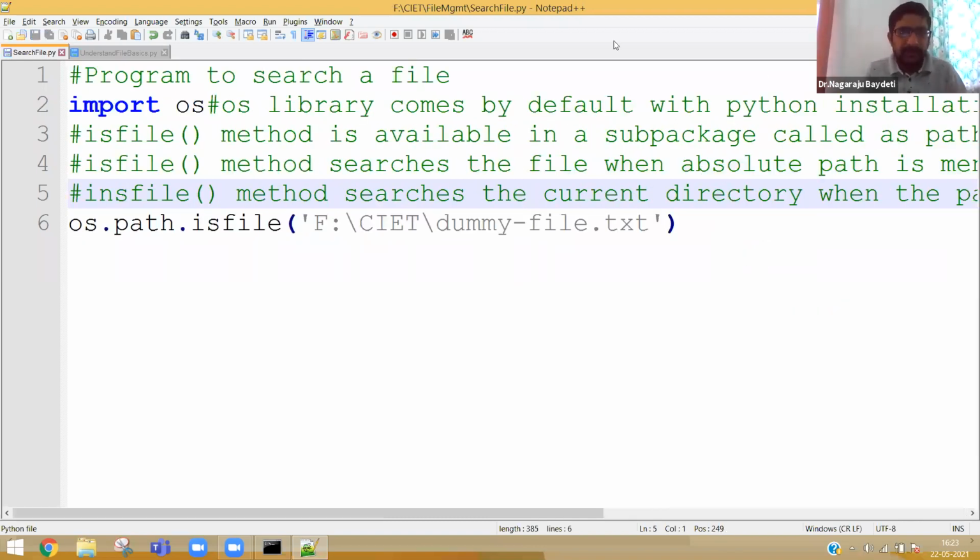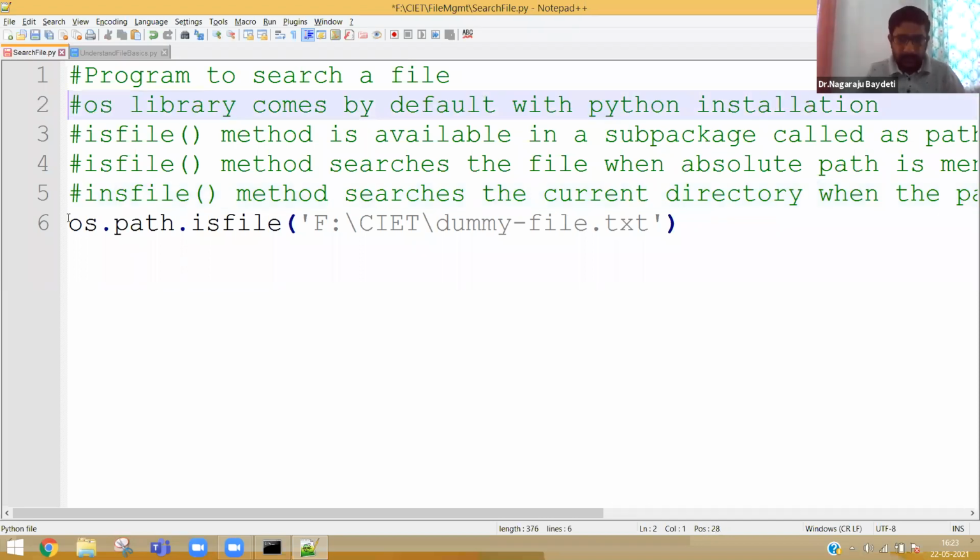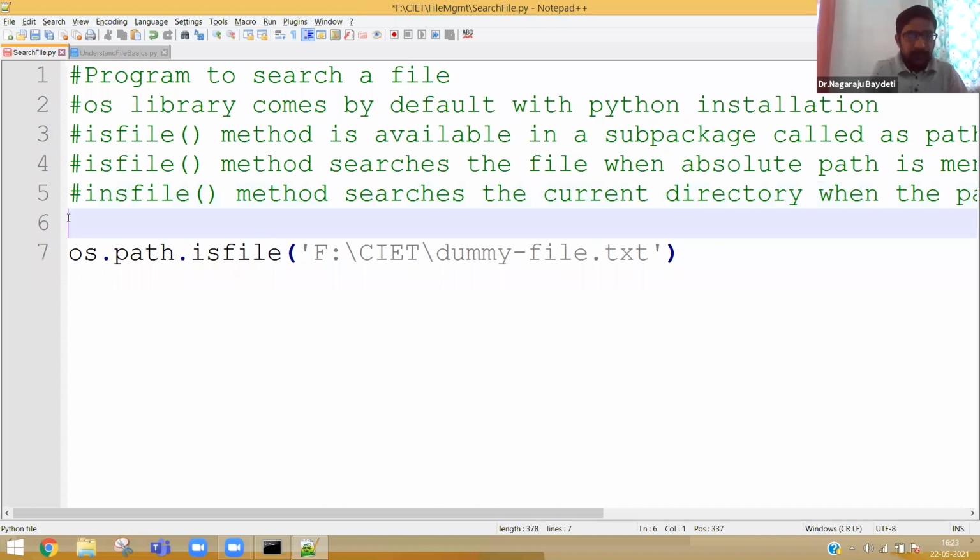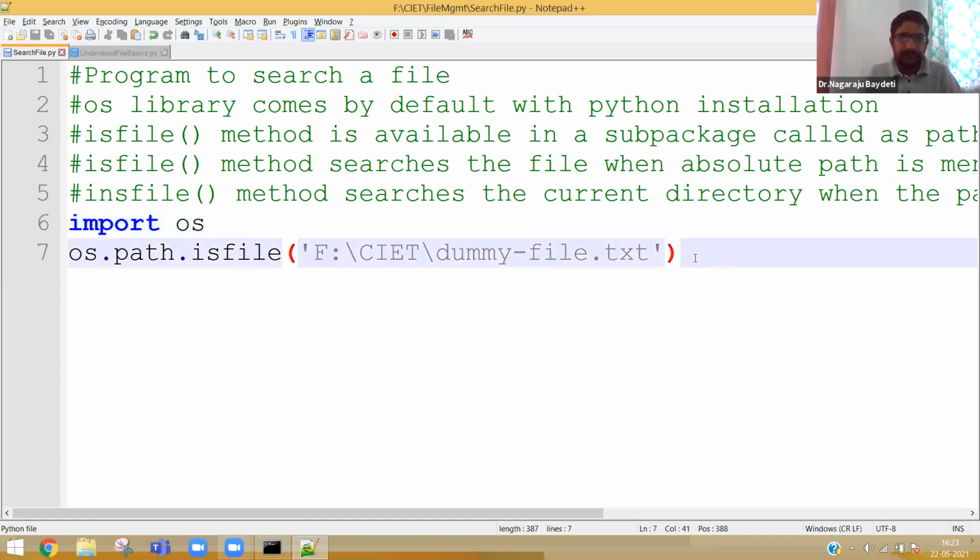Okay, so I am writing all the comments on top of the program so that it will be notes for you. Now, this isFile method will search for dummyfile.txt in the F drive CIET folder. Why? Because I have mentioned the path.